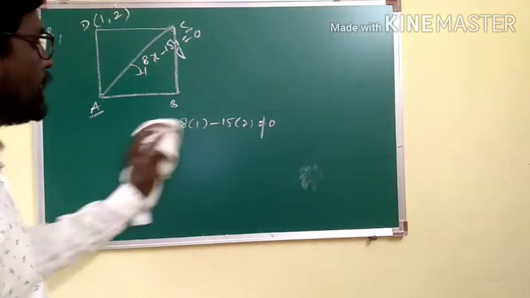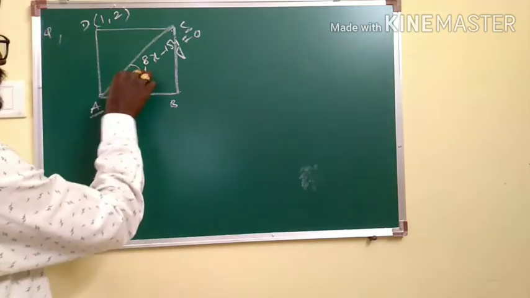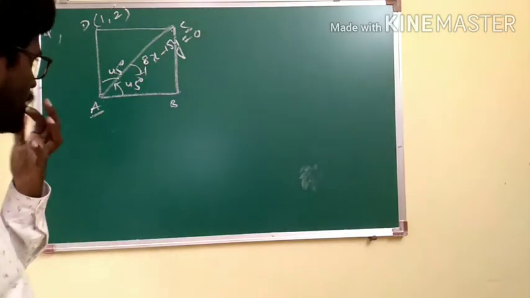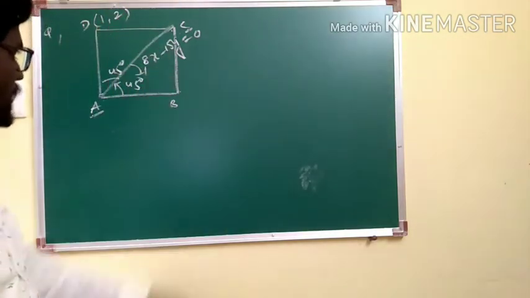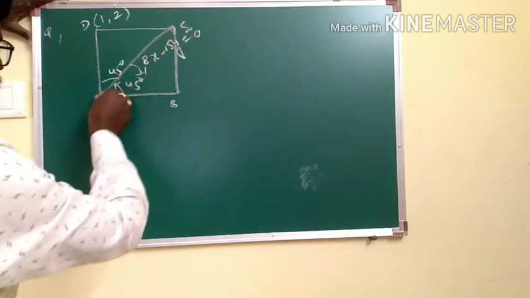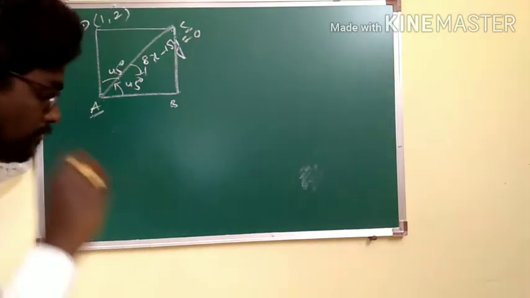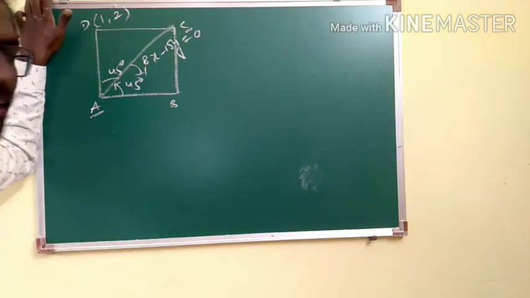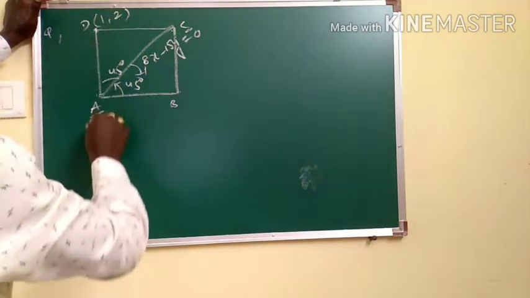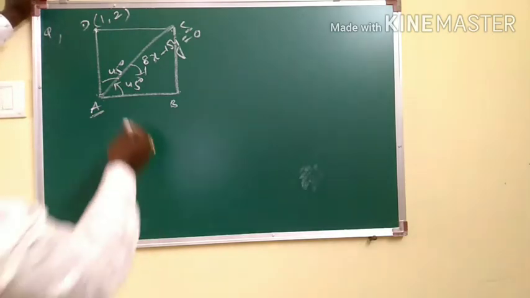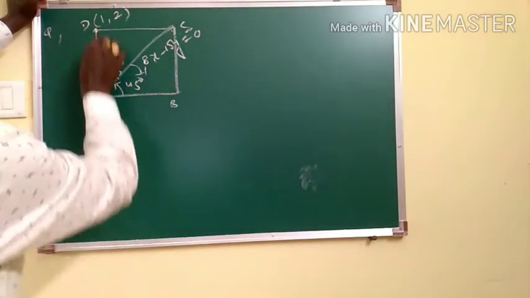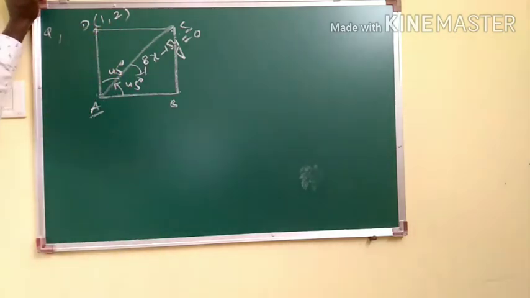Now we know very clearly this angle is 45 degrees and this is also 45 degrees, because the angle at a vertex in a square is 90 and the diagonal bisects the angle. Now we can take the slope of this particular line. First think about what should be applied here. To trace out the line equations CD and AD, because the question asks for the equations of the sides passing through (1, 2). The sides passing through (1, 2) are CD and AD.